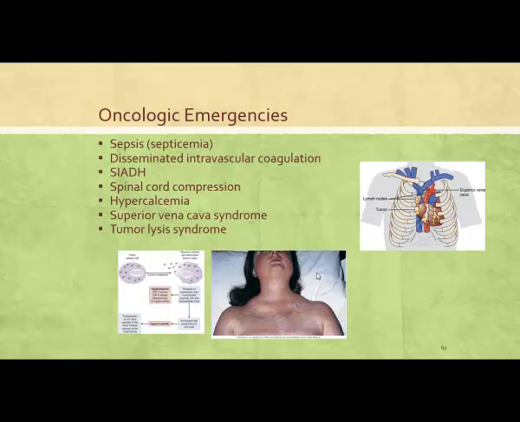And the last thing up here is tumor lysis syndrome. With tumor lysis syndrome, a large number of tumor cells are rapidly destroyed by the chemotherapy and/or radiation. Those intracellular contents are released into the blood, and the body can't get rid of them fast enough. So think back to fluid and electrolytes. What are your most prominent intracellular components? Your potassium, phosphorus. We see it a lot of times with leukemia and small cell lung cancer.